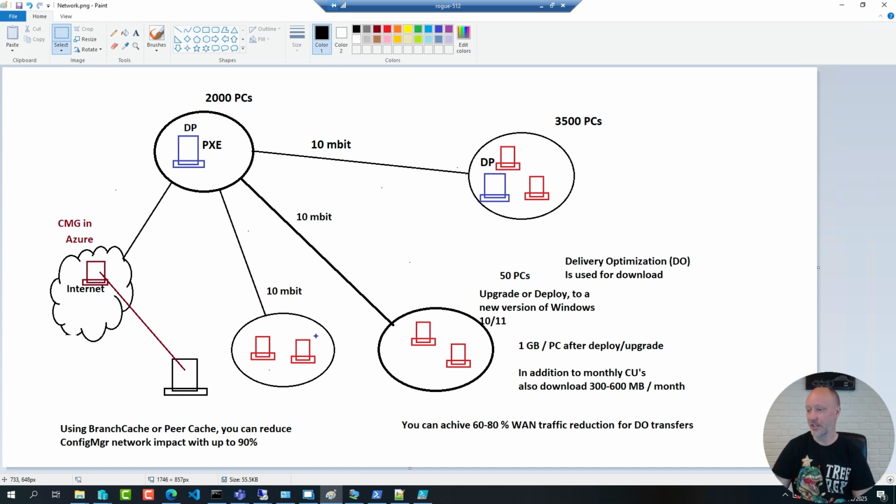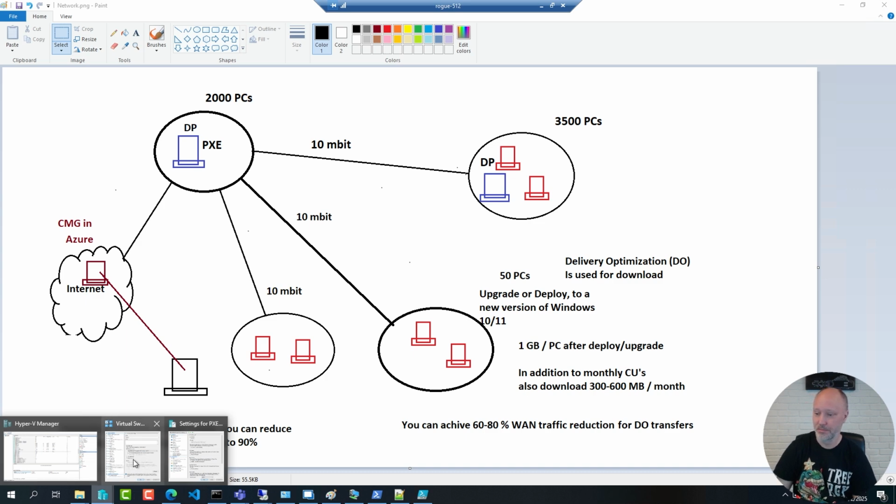So if you have a network like this, a very simple way to verify PXE from the networking side is to pick a machine that is wired connected on that network, so no Wi-Fi, wired Ethernet, and you install Hyper-V on it. And then you install Windows on a Hyper-V VM on that machine. Because in Hyper-V, if I go to here,